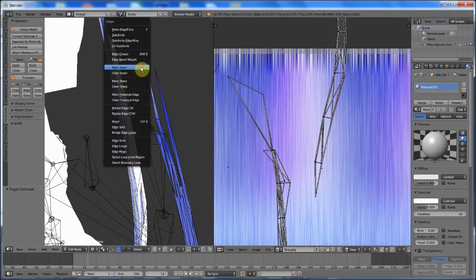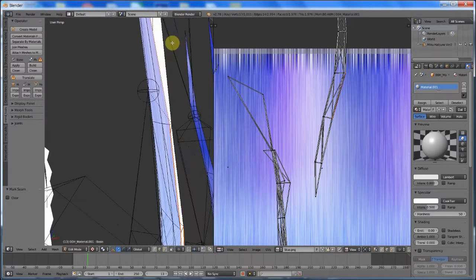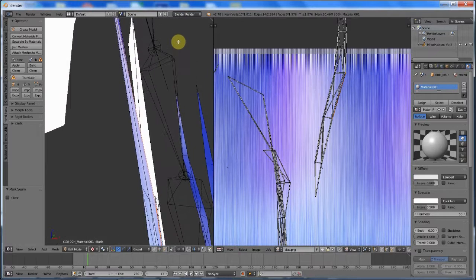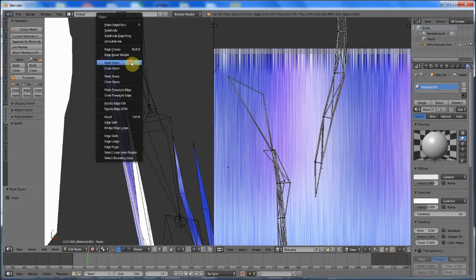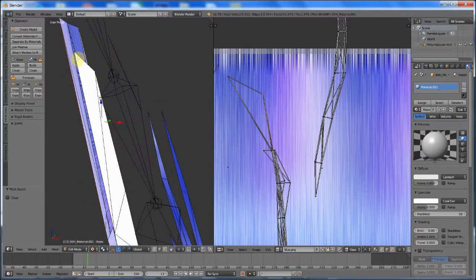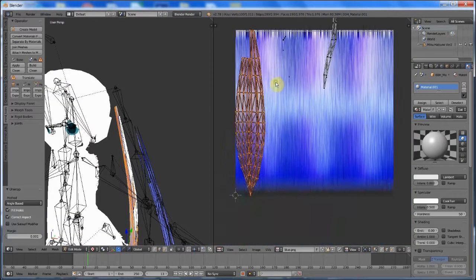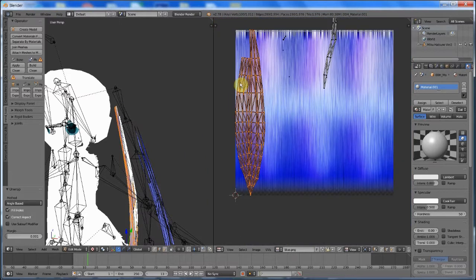Okay, let's mark seam, just because I'm getting so lost. Oh, this is white because that's poking up out there. Gotcha. And then E, mark seam, and you can see the seam. And now let's press L and then unwrap. And as you can see, instead of that mess we had earlier,